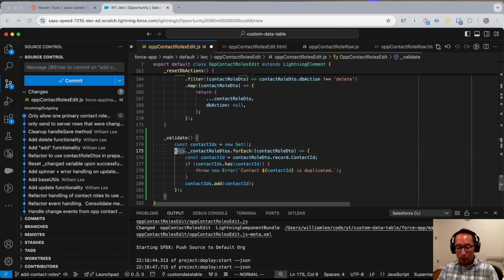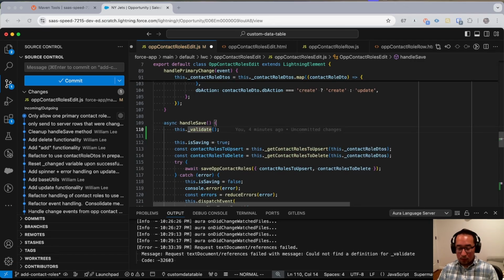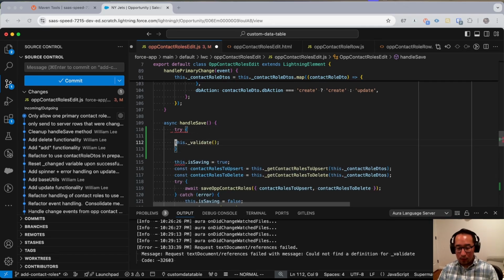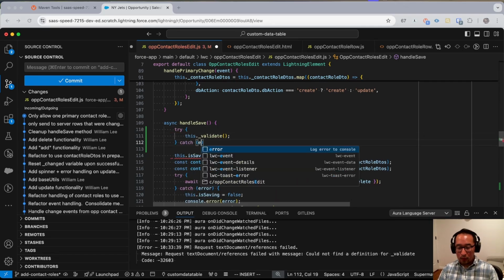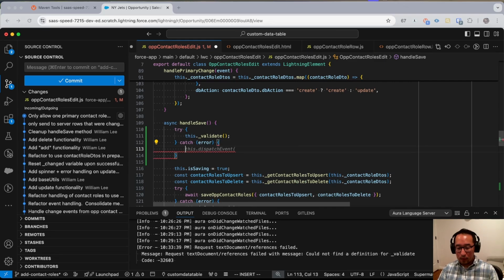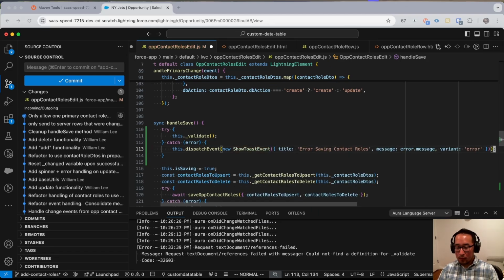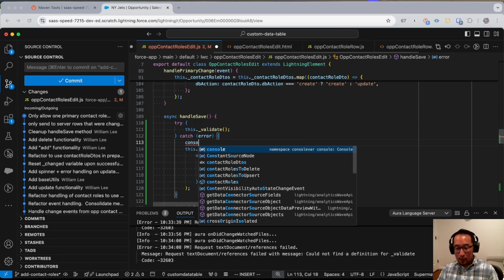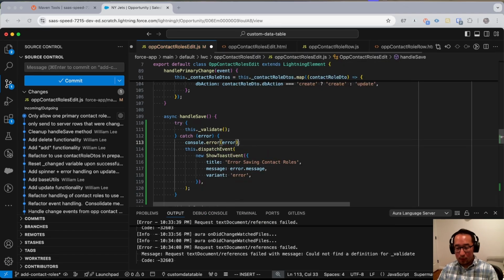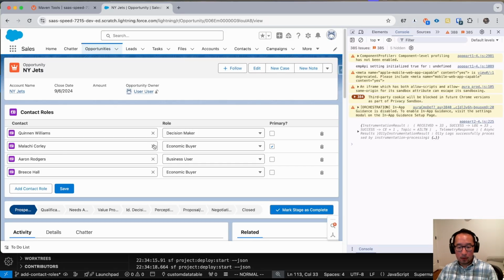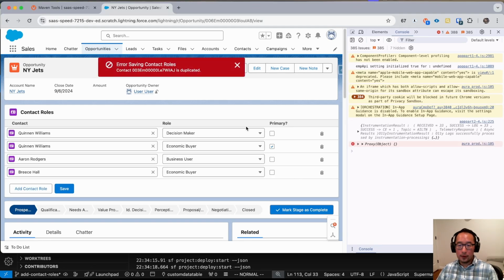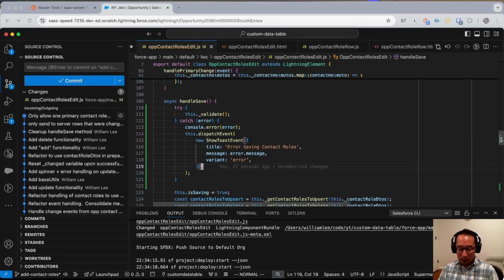And I don't need to do this. And then I have a try around here. Patch error. This.dispatch event, and then show toast event. I feel like this should work. Let's see, console.error, error. Two Quinns. ID is not what I want, but that's good. And I do need to return here,